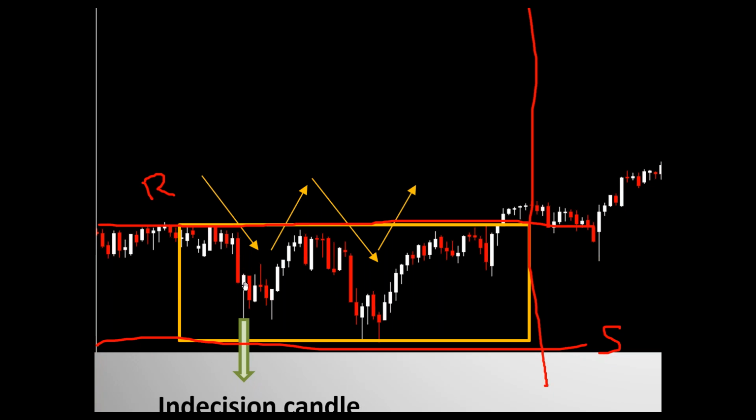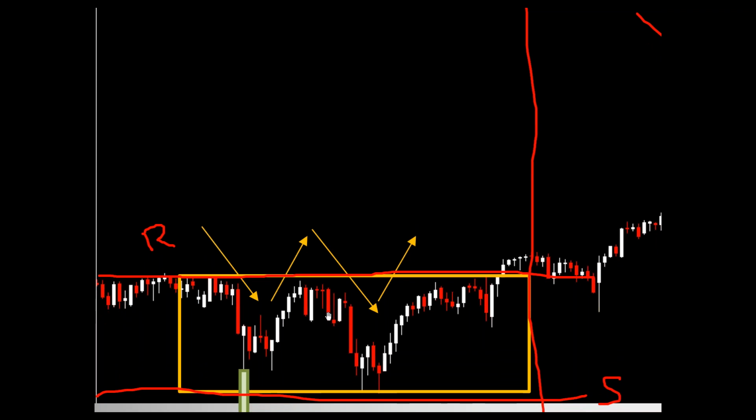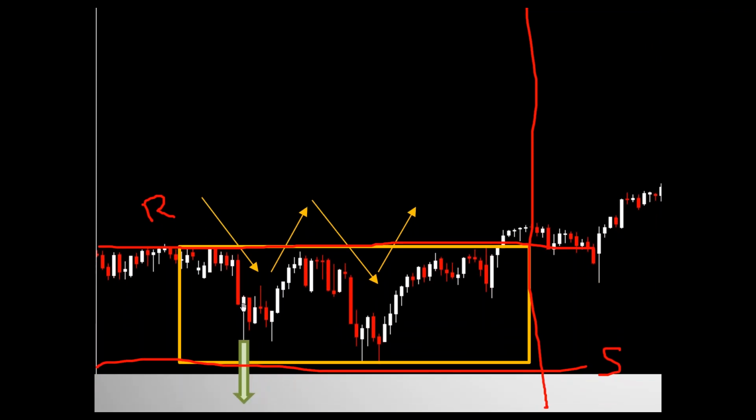So if you see a very tiny body and a very large tail, typically if the body is 3 times smaller than the tail, then there is indecision. This is what we are seeing over here, indecision. A lot of sellers but also a lot of buyers creating this indecision. So this was my first signal that there is a big fight on whether the asset should go down or whether the asset should go up.